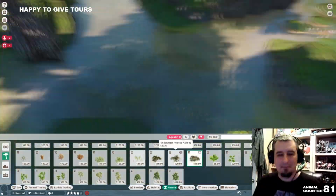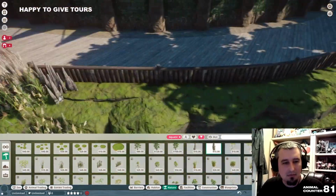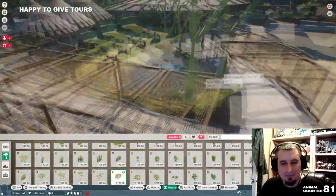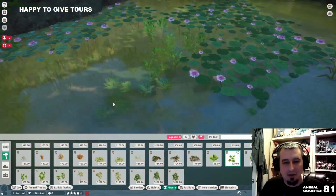Also, I apologize that there are little gaps in the footage during this build, as I'm not too sure what happened to the recording, but it cut out a few spots, so you might notice a few parts in these next two exhibits where rocks or plants just pop out of nowhere and you don't get to see me actually place them. The same thing happened